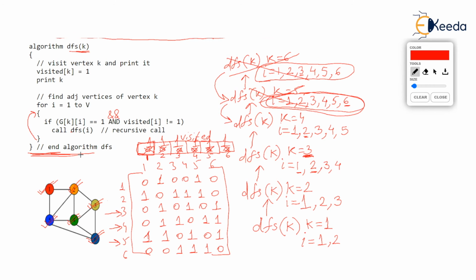Here comes the crux again. We are back to DFS(k) where k is 4. Observe, we are back to DFS(k) where k is 4. Then what are we going to do? We are going to jump back to the for loop, because the procedure was busy in its for loop, isn't it? So the procedure DFS(4) will say, look, I was in my for loop and I will now make i equal to 6. I hope you are understanding.